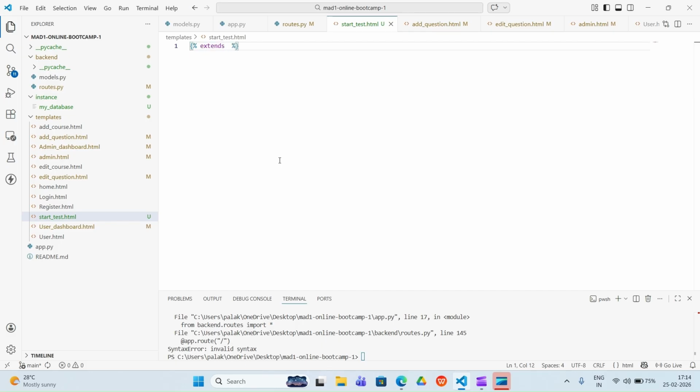So we'll write extends, and then user_dashboard.html. And then after we come here again and write block content. And similarly we need to end the block. So we'll write end block.